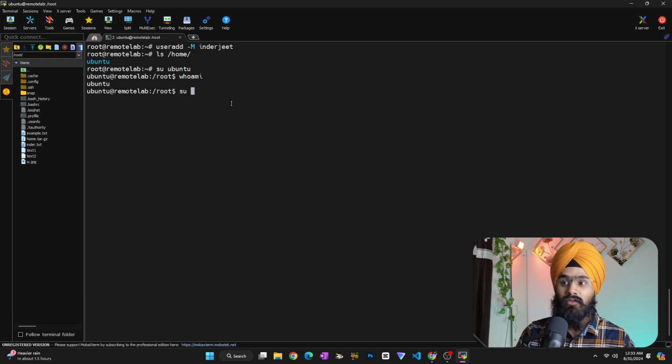But if I want to switch back to the root, it will ask for the password, because Ubuntu does not have the permission to switch to the user with root level permission, okay? So I need to give the password. So let's say,